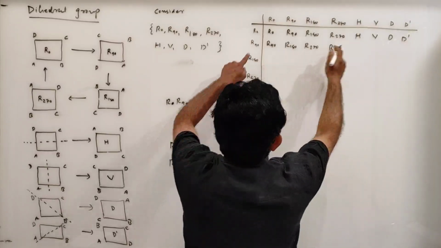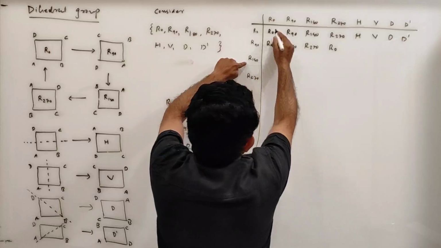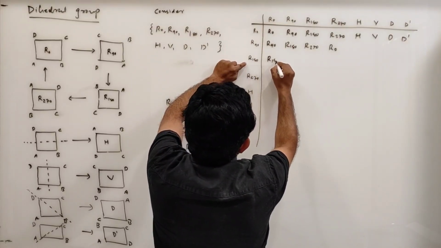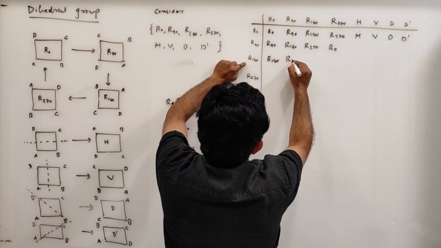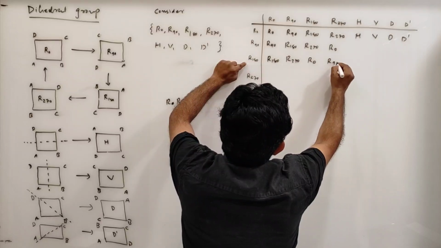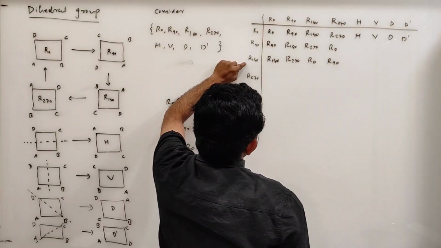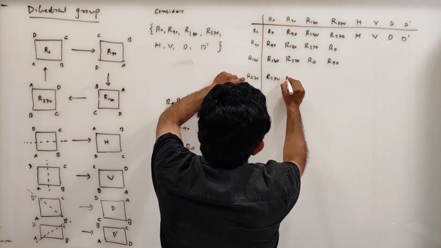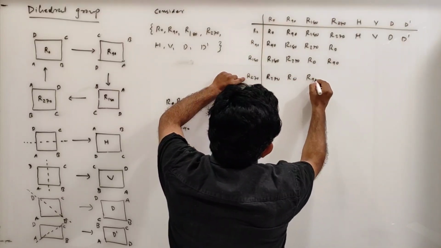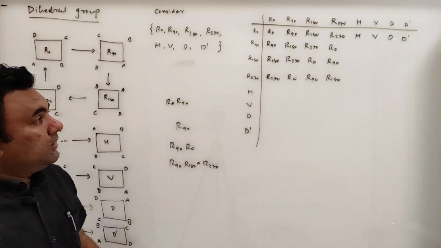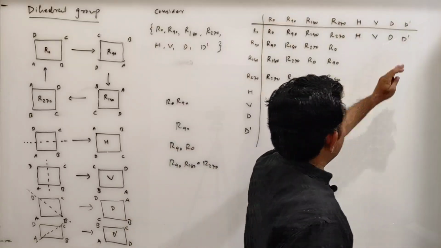Now, let me complete this box first. R180 into R180 is R0. This will be R270, this will be R0 and this will be R90. Okay, so this will be R270, R0, R90, R180. Now this portion will be